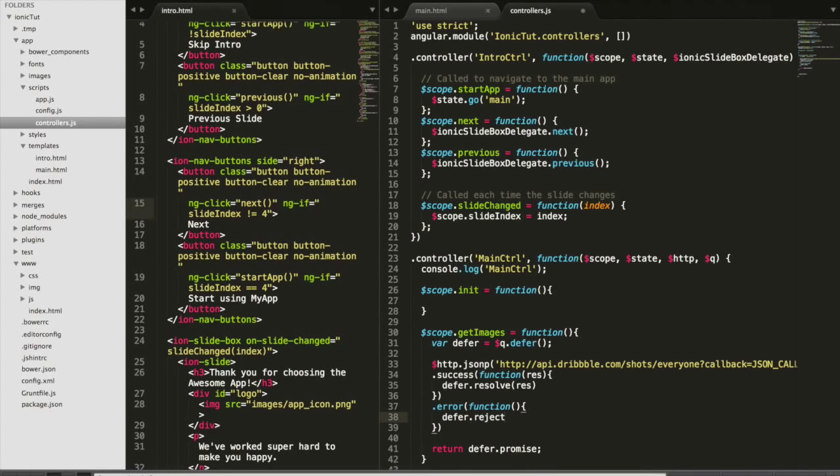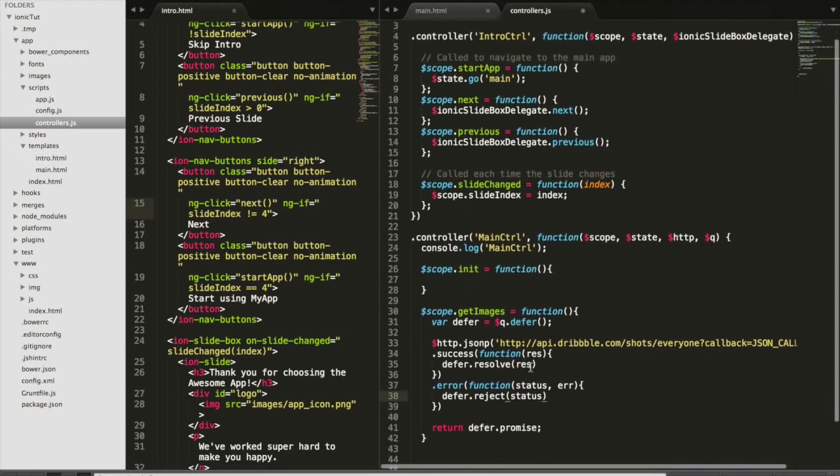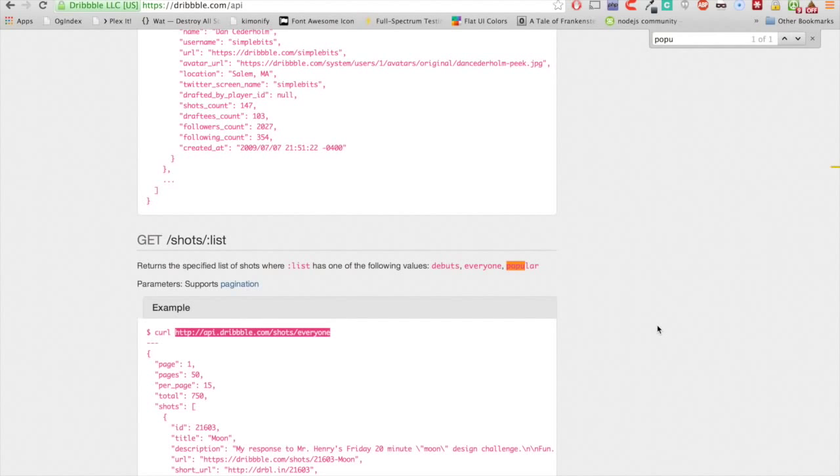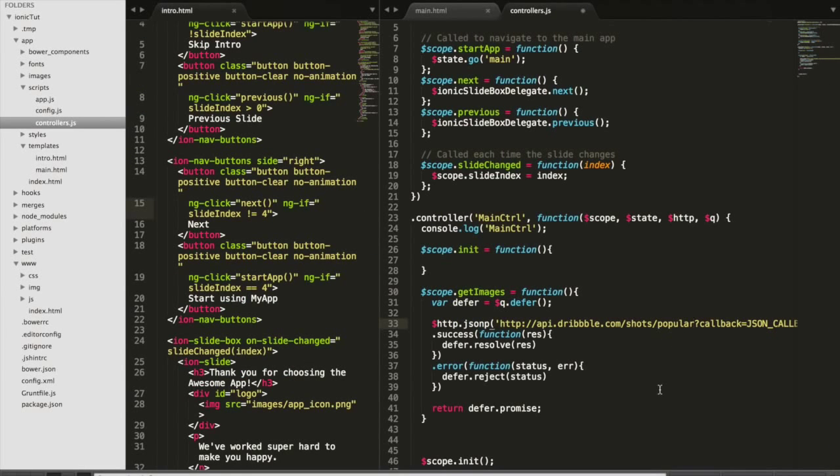Defer.reject. I believe that's it. And then this is going to take status and code, or you can call it error. I always just pass in the status though. Status. Okay. And we'll change that to popular. Yeah, you spell popular? Popular. Yes. Okay, so right off the bat, right when this thing gets called, we're going to hit